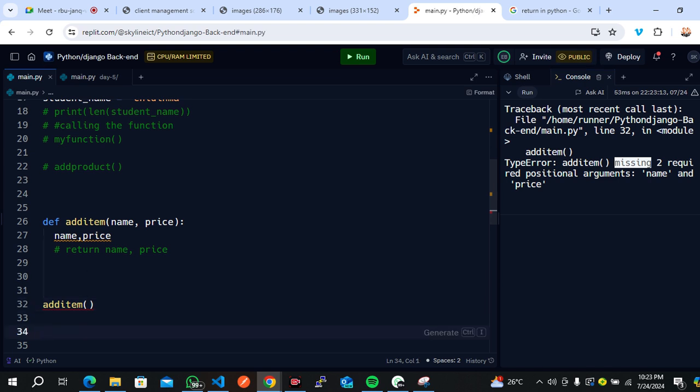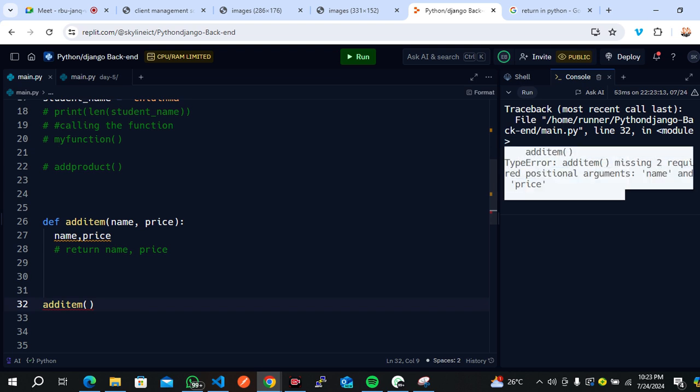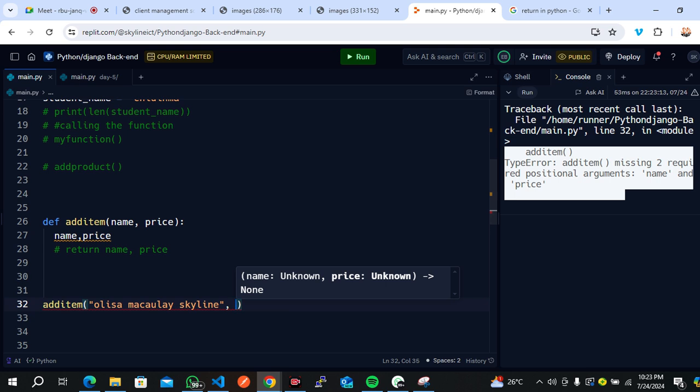arguments. What this means is that we cannot use this function without calling the parameters. Are we communicating? Without calling the parameters. So if you try calling without the parameters, this is what we are going to have. Now let me come here and say, okay, name is Macaulay Skyline. Then price, they have